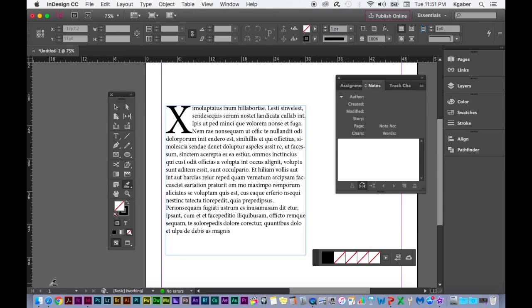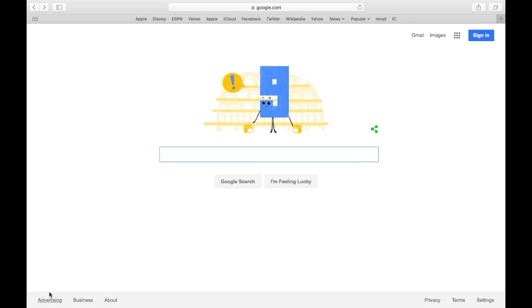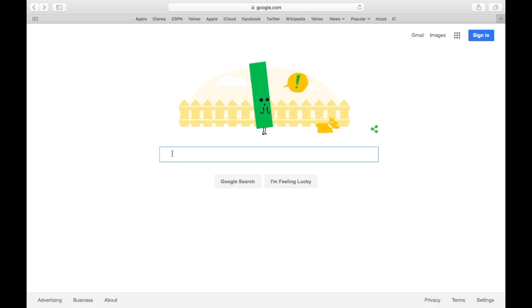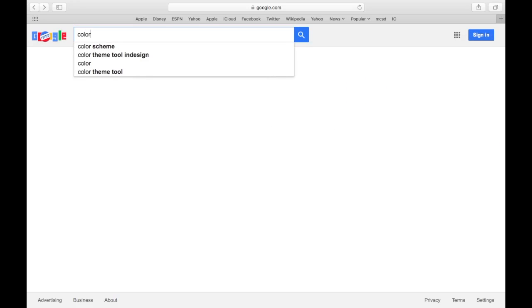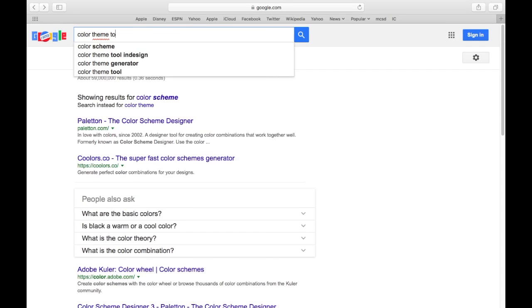So go ahead and launch your web browser. I'm gonna open Safari and have Google ready at my disposal, and I'm going to Google the color theme tool InDesign